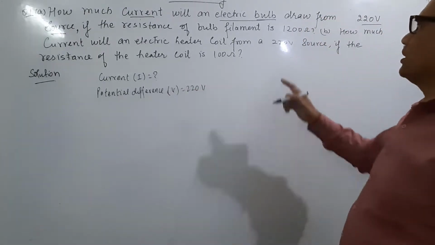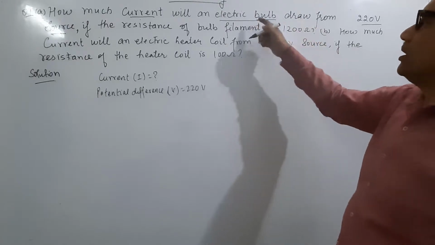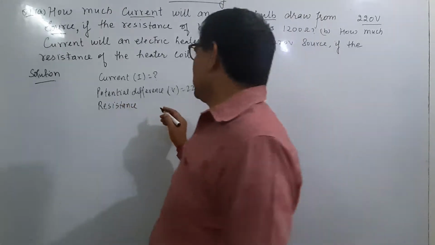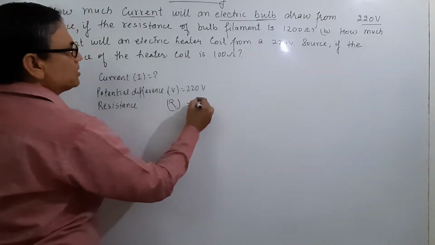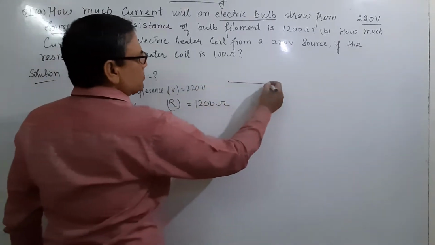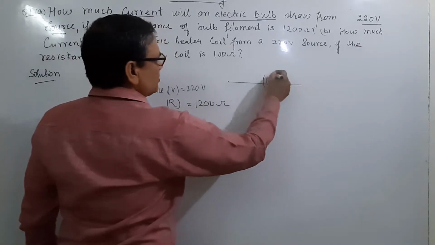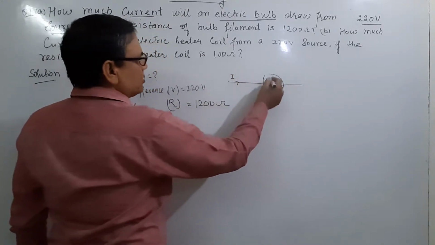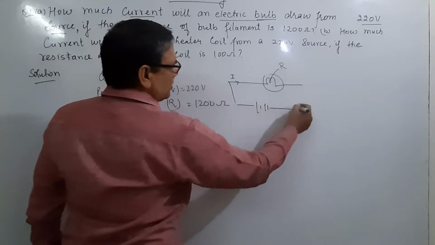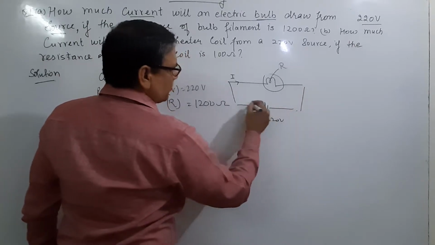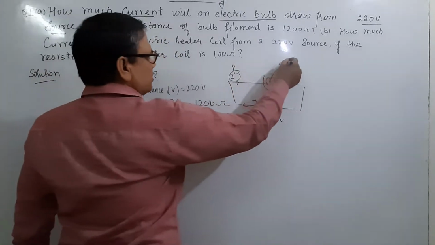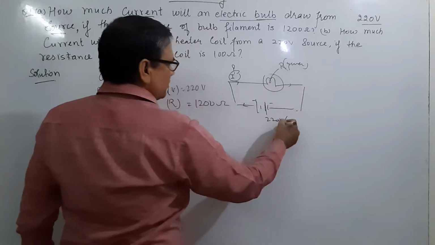If the resistance R of the filament used in the electric bulb is 1200 ohm, now I have to find out the current. If we draw the figure, this is the bulb, and here is the symbol of the bulb, and current I flows. It has some resistance R, and the potential difference across its ends is 220 volt. Here is the current, plus and minus. So I we have to find out. This is given, and this is given.